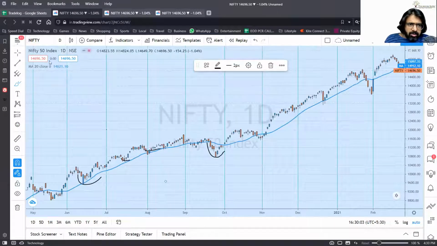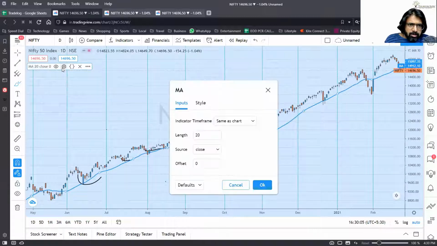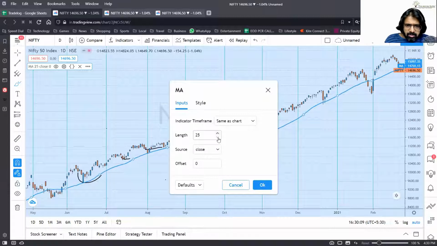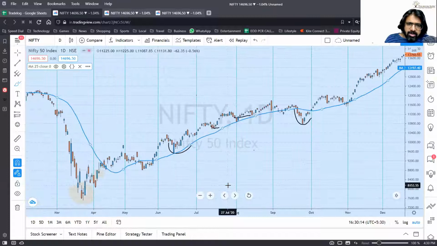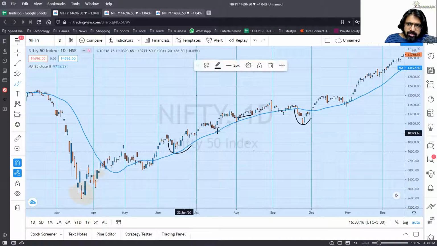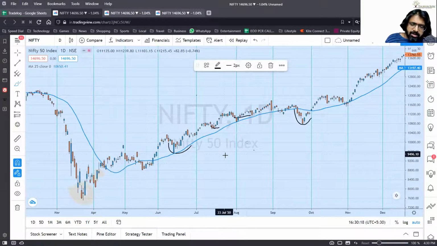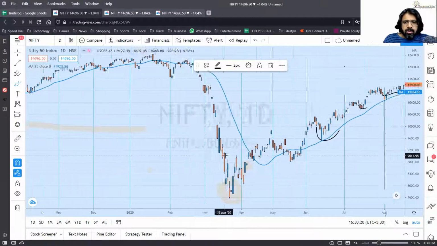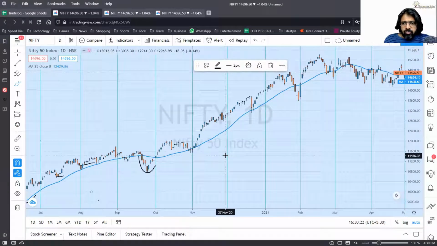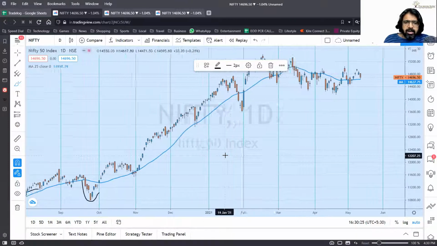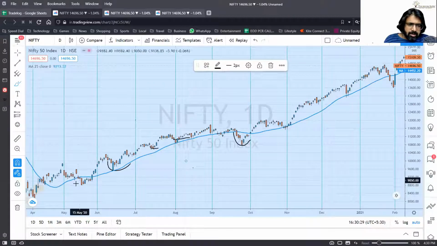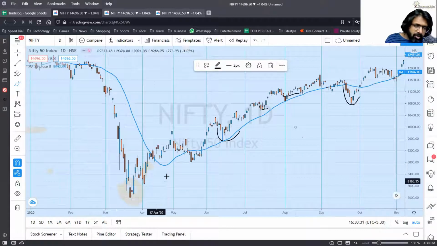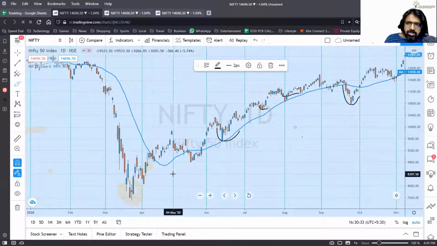Okay, and if I wanted a bit more, I can make it a 25 period moving average. There you go. This is doing an awesome job. You're getting trapped very few times. Every time the price comes near this average, it's taking a bounce. So a 25 period moving average for the current trend appears to be a good moving average, for this uptrend which has been prevalent from March 2020.